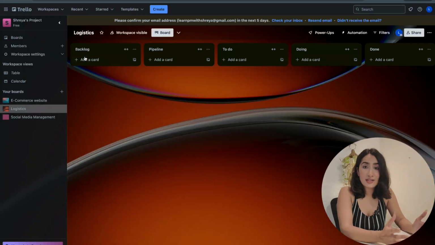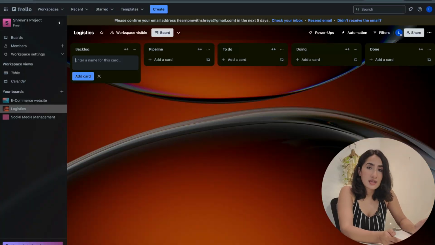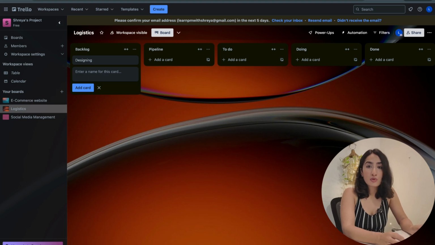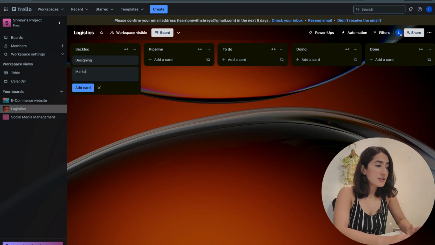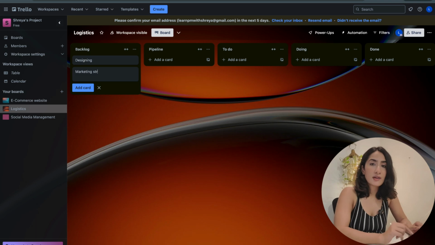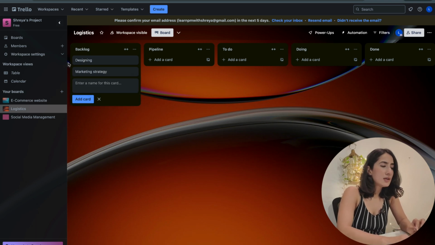So these are the different swim lanes, and under these swim lanes there will be different cards. These cards are essentially the broader tasks that you can say for specific team members, or they can also be for a group of team members. Now under this card I'm going to give you an example of one card, how I'm going to create that. So let's say I've now created the board, given it a name as well, I've put the swim lanes, and then I'm going to create a card and give it a title.